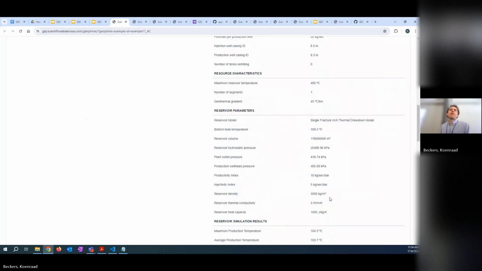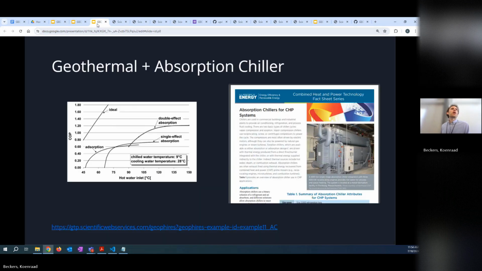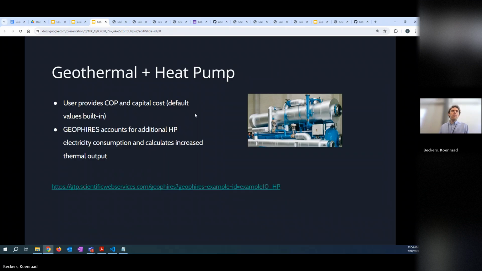It's example 11. I know we're running out of time here, but I just really briefly wanted to go back: another direct use heat application is if you use your heating with a heat pump. This is example 10. I'll be the first to acknowledge there are so many different configurations. We have limited capability right now, I would say,